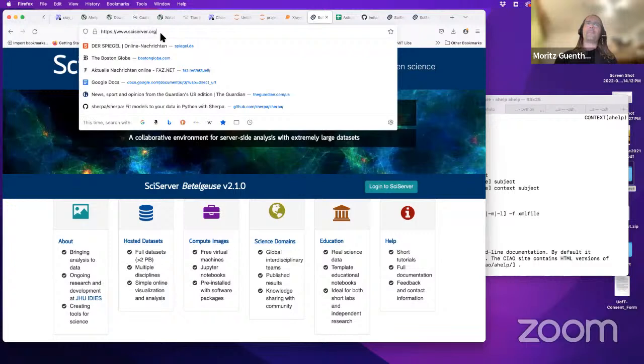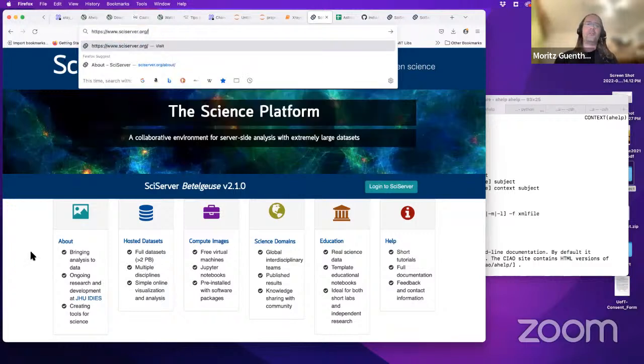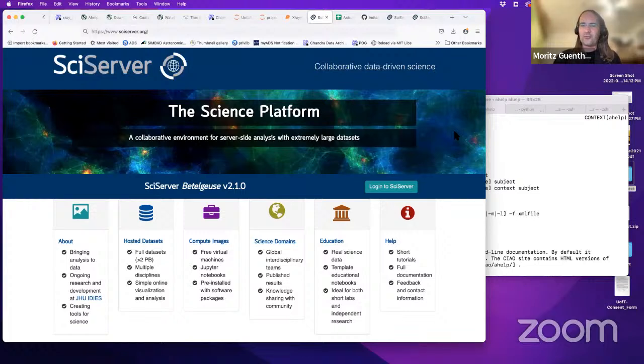Okay, so if you don't have it installed, some NASA center has set up a Ciao system and a bunch of other systems, but the one we are going to use today is SciServer, at sciserver.org. I believe that should be worldwide accessible, but of course I'm in the United States, so it's hard for me to test that it's really accessible from other places, but it should be. Okay, so that has this login button